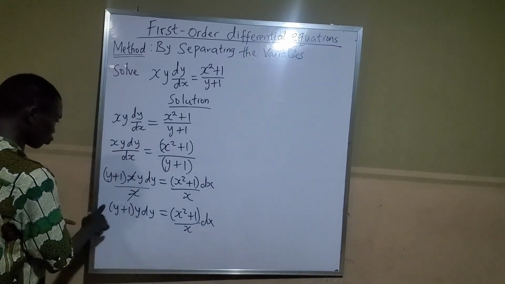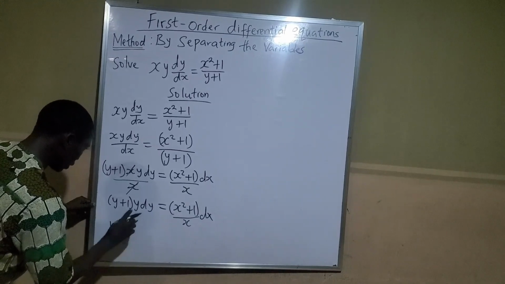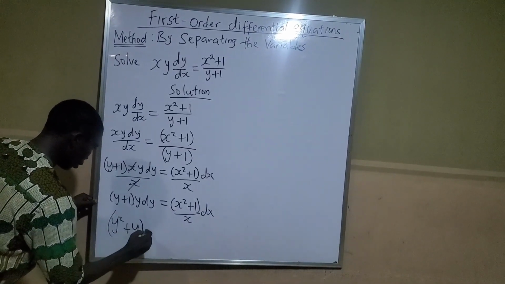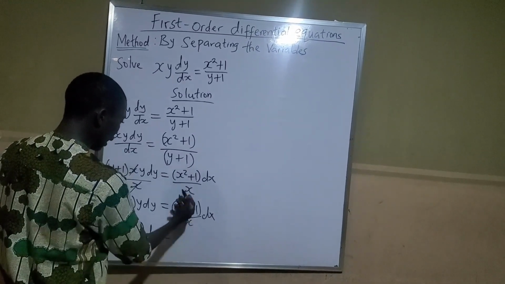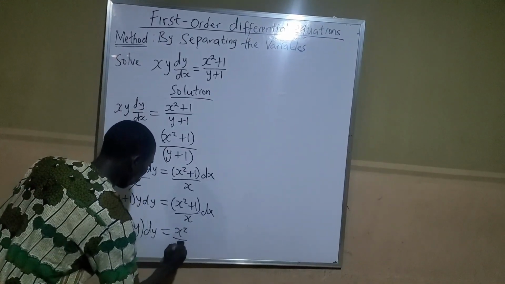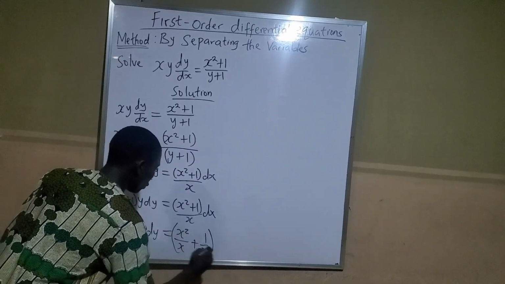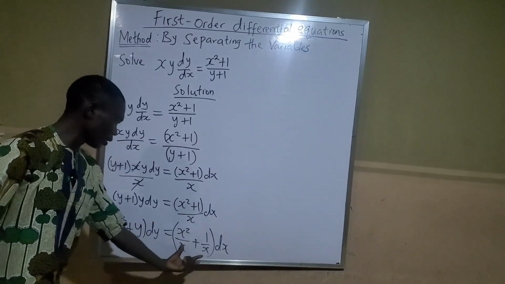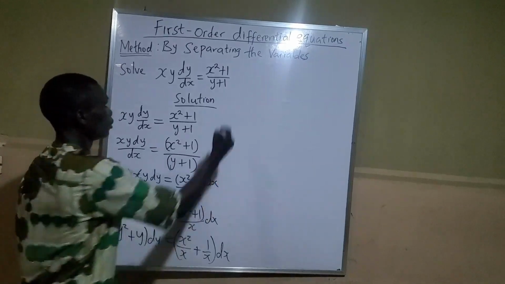So if I use this y to open a bracket, I will have y times y to give me what? y squared plus y times 1 to give me y, everything into the dy here equals to, now here I can further simplify this as x raised to the power of 2 over x plus 1 over x, everything into the dx. Yes, this is the same thing as this. If you find the LCM of x and x is equals to x, so if you solve this, it's still the same thing as this. So we have,